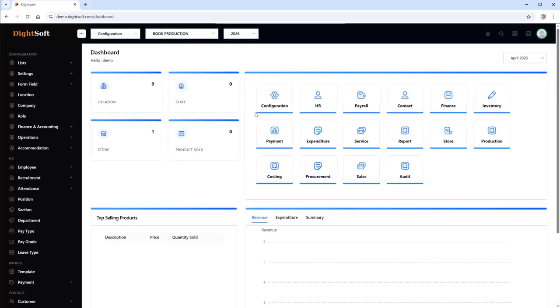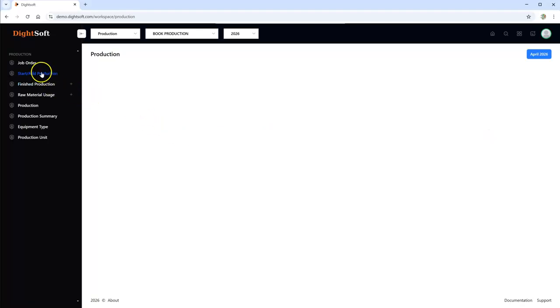So there's another thing I want us to look at. Now let's look at production. There are different ways of handling production. So let's just look at this production. Okay. There are different ways of handling a production. Now in production, you tell the system the